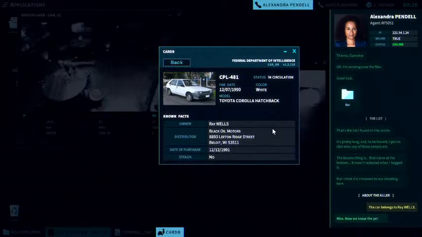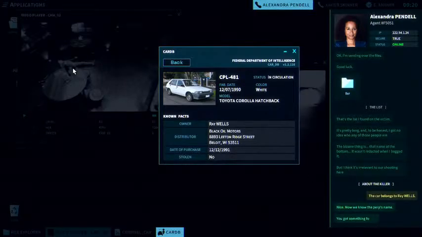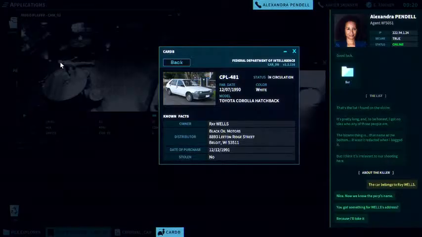Nice. Now we know the perp's name. You got something for Wells' address? Because I'll take it if you do.